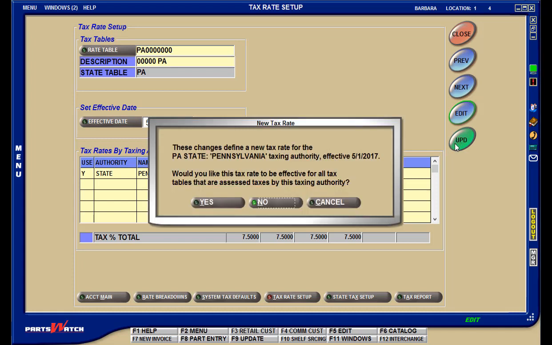First, the system verifies the date when the change will be in effect. Then it asks if you want the change to affect all tax tables that assess taxes by this taxing authority. Basically, the system prompts for each rate type edited.